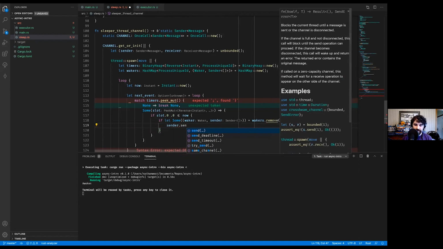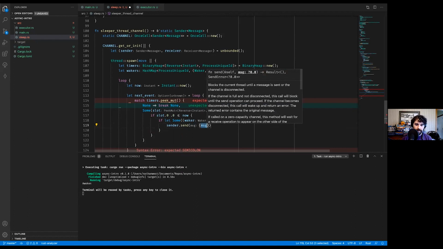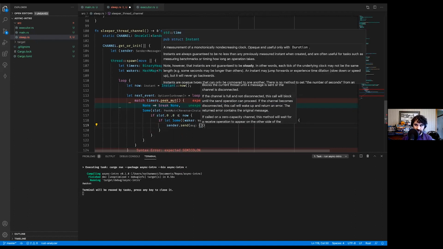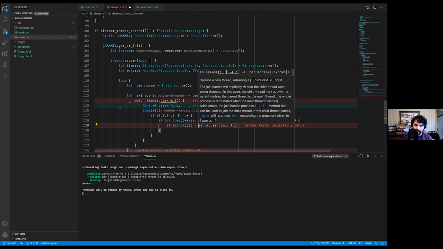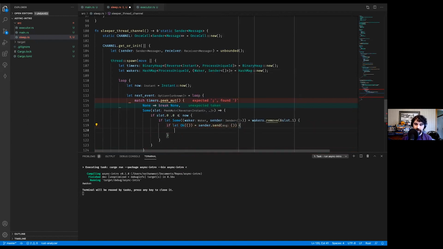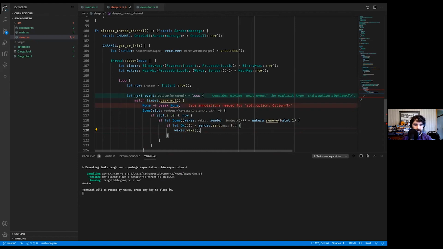Because this is telling that particular delay that its timer has expired. If the delay was dropped earlier, well, then this will fail because the channel was closed. So we can use that to determine if we should awaken anything, right? If the delay was dropped, there's no reason to ping this waker. But it probably wasn't, so we can wake it right here, waker.wake. Great.